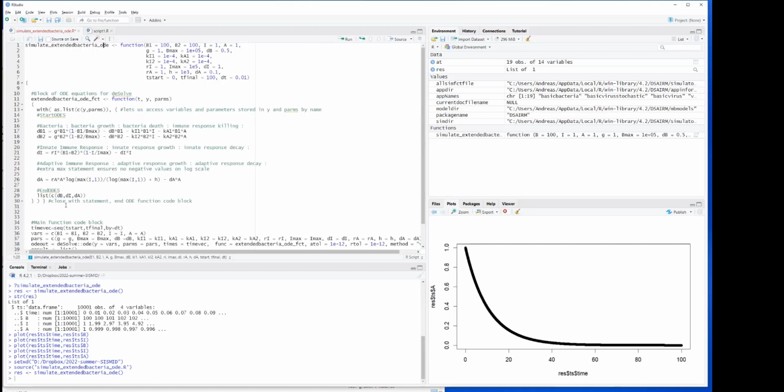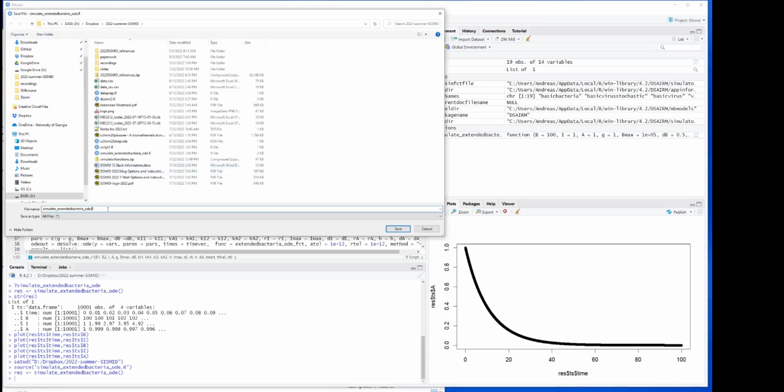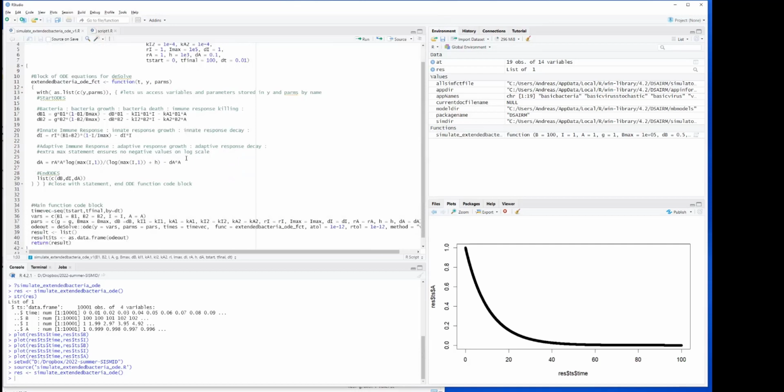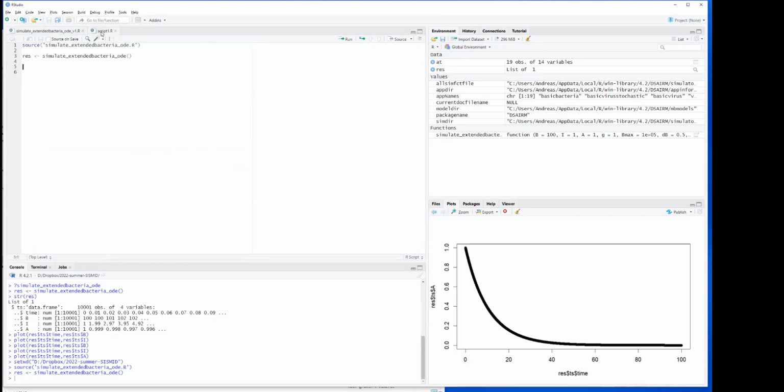In case we build a few more, I'm just now going to call this one here version 1. You do not have to name the function inside of the R script the same. And in fact, you can stick more than one function into an R script. Personally, I like to have the name of the file be the name of the function inside the file, and also to always just have one function in each file. It just helps me keep things straight, but that's not a requirement. In fact, we have this function here inside as well, but that's not sort of the main function. So then we would want to call version 1,